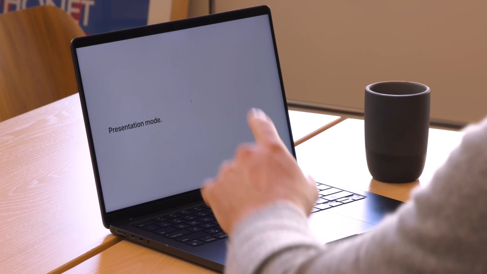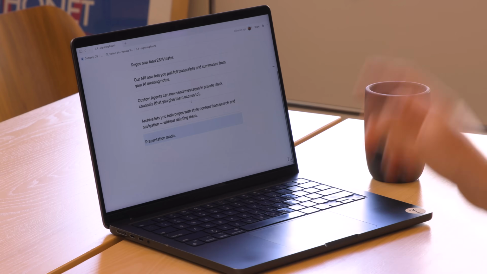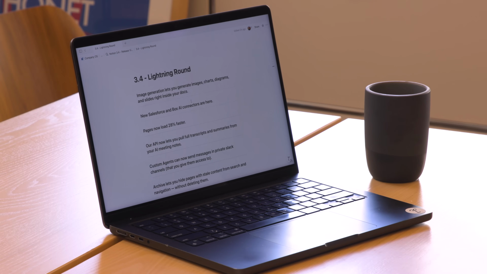And presentation mode. This was actually all done in presentation mode. I'm going to exit out of it right here. And this is just a normal Notion page. And that was